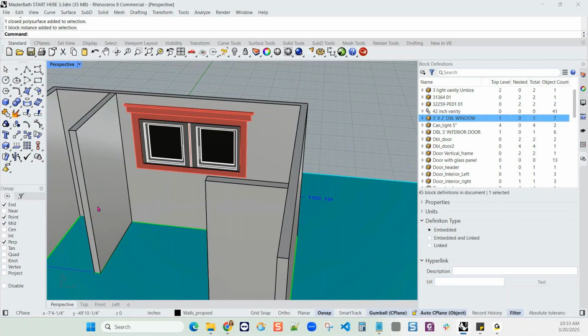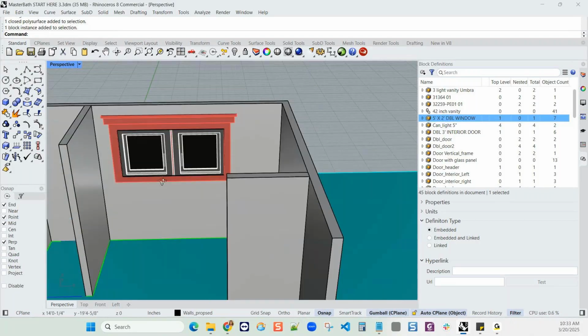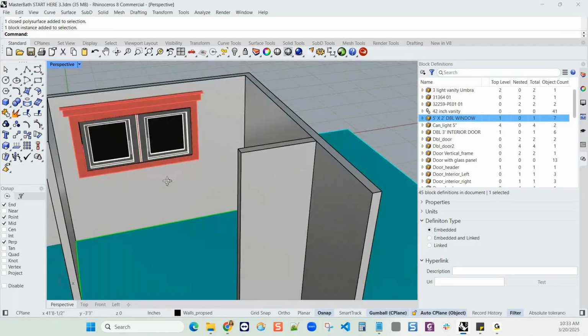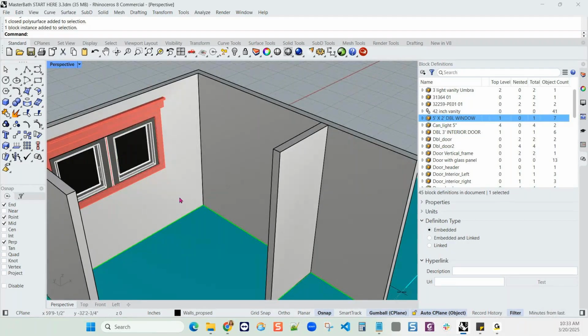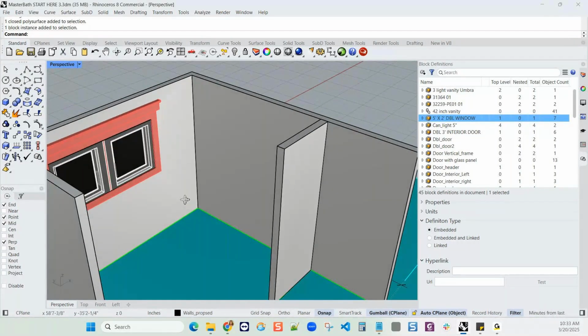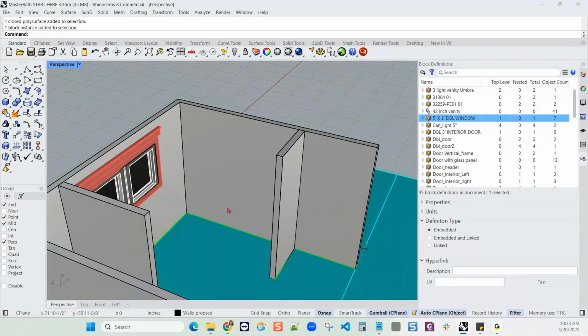Okay. The other thing you need to really watch out for is not having a command active. So if you have the polyline command active and you're trying to drag and drop a block, it's not going to do it. It's going to keep the polyline command and ignore everything you're doing. Okay, so clear the command line and escape. Make sure Auto C-plane is off. And you're going to see a couple more ways that we do that here because I've got a few other